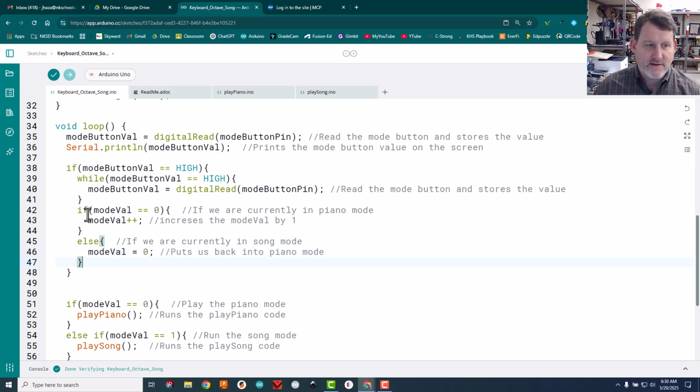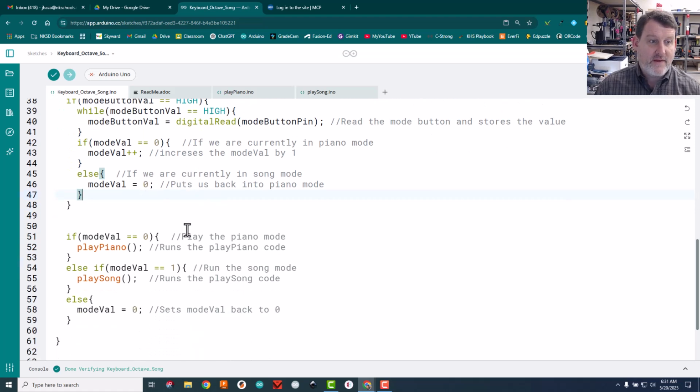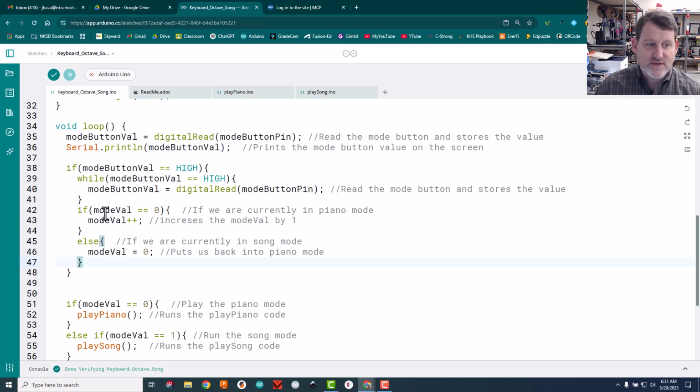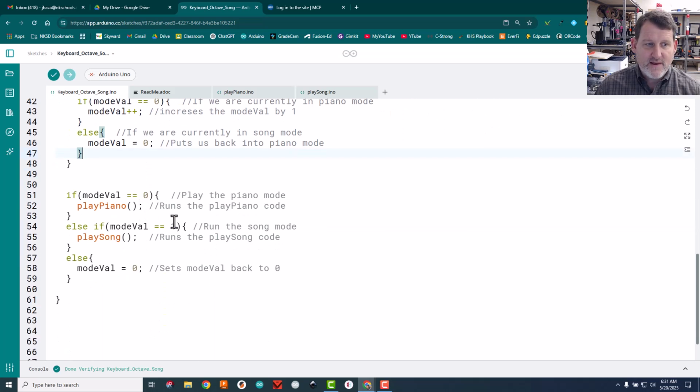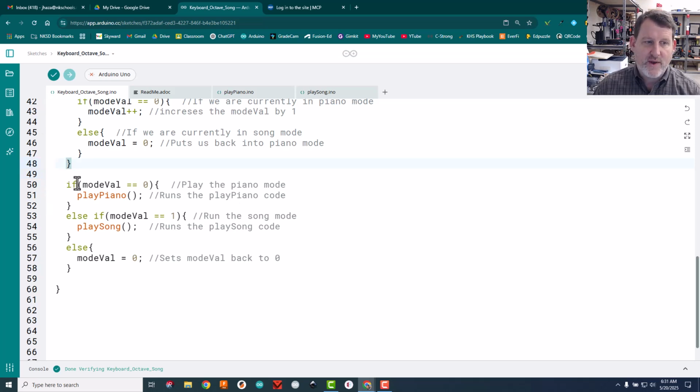So we read the button, we do the, if we're at 0, add 1. If we're not at 0, that means we must be at 1 or some other crazy number, who knows. It sets us back to 0, so it gets us back on track. And then we're good. Now this doesn't actually do anything with the code, it just changes the value of the variable. Then when we step down here to this if statement, that's when we start saying, okay, if we're 0,